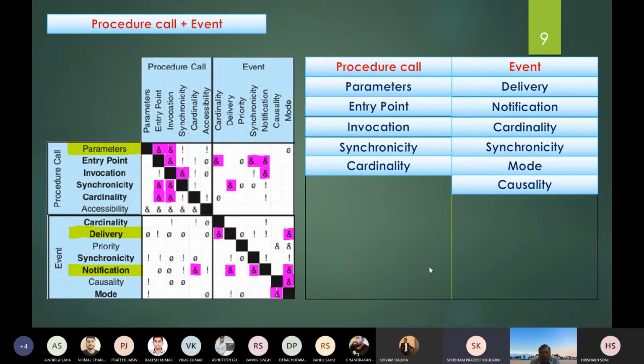No sir, not for causality, but for delivery we have caution. Nothing, there is no caution for entry point row, there is no entry for delivery, there is no entry for causality, there is no entry for mode.